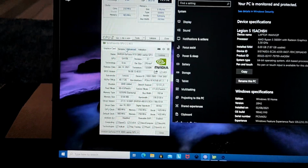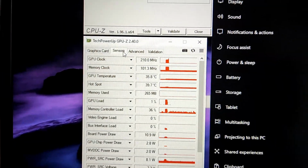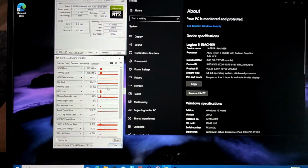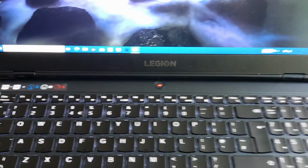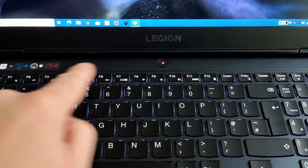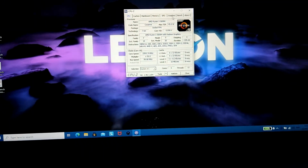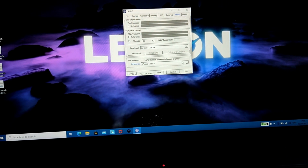And yeah, sensors wise, like I said, it's just idle at the moment, but GPU temps are about 56 with a hotspot. Interesting. So yeah, I'll run some benchies later on, and I'll pop them in. You can only go into the OC power mode when it's plugged in, so obviously I've plugged in the power brick now. And yeah, I've run a couple of benchmarks, and it seems like the equivalent processor really is something like